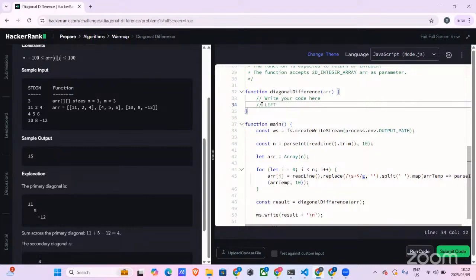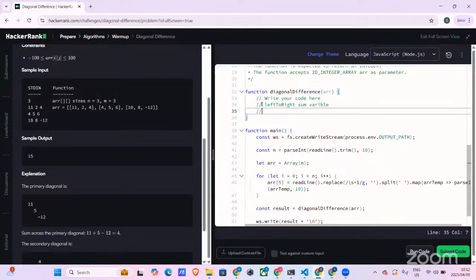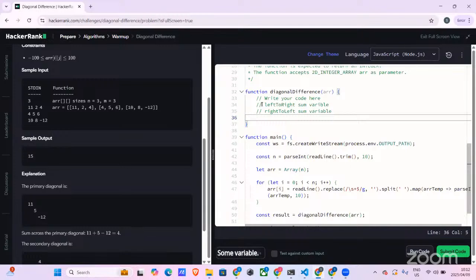Why am I shouting? Let's have a left to right sum, and let's have a right to left sum variable. And then let's have,